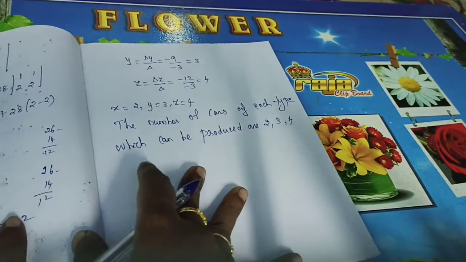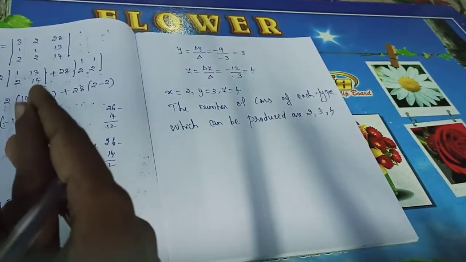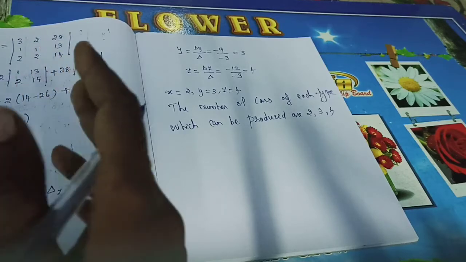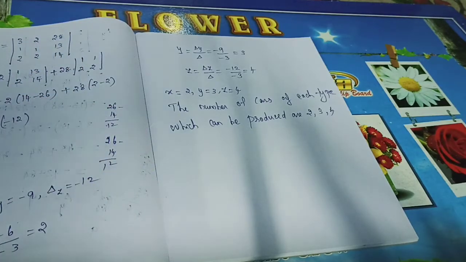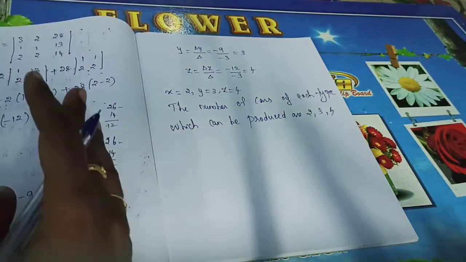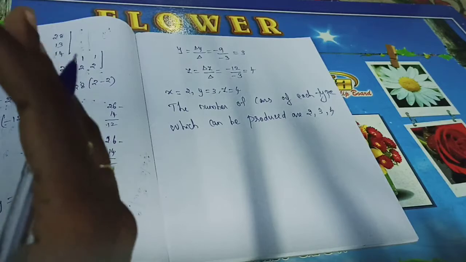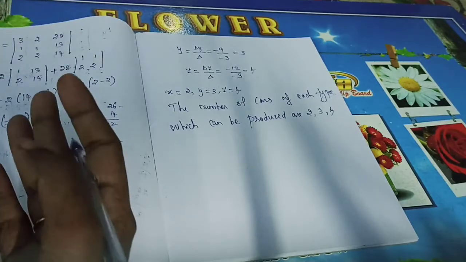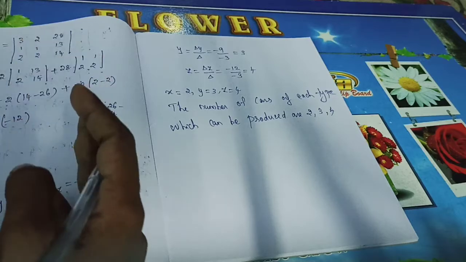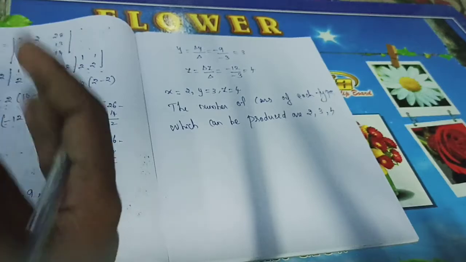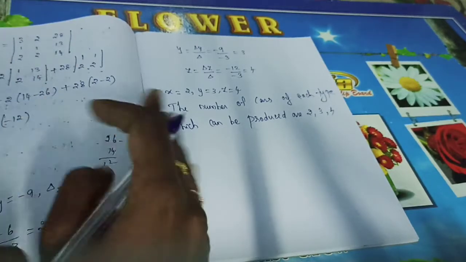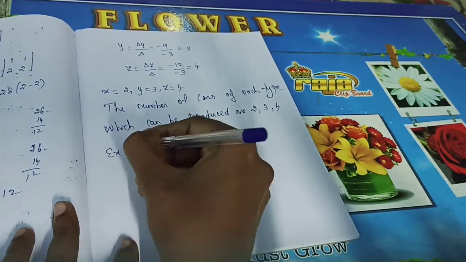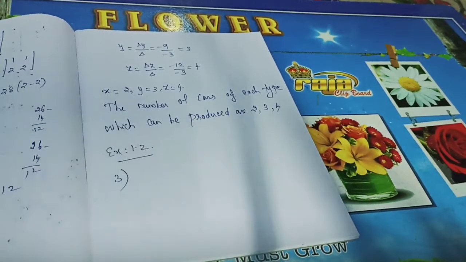Okay, already we have done many problems, so now you are very familiar with this Cramer's rule. Okay, in the exercise, I hope you completed the first 2 problems, then 4 more problems are there. I am not going to do the full problems, I will just form the equations for all the 4 questions and leave the rest as a home assignment for you to do. Understand? So now exercise 1.2, problem number 3.